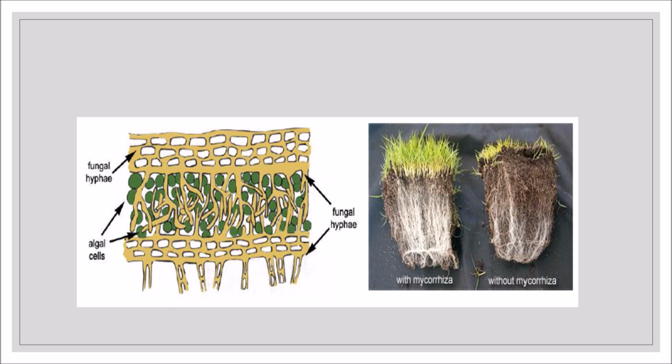We were talking about hyphae. A long slender structure will be there. So on the left side you can see the fungal hyphae, and inside it some algal cells are there, and below and on the top part the fungal hyphae is there, in between the algal cells. So this is what is called symbionts. They are present together, and they live together. A mutual relationship is there between the fungi and the algae.